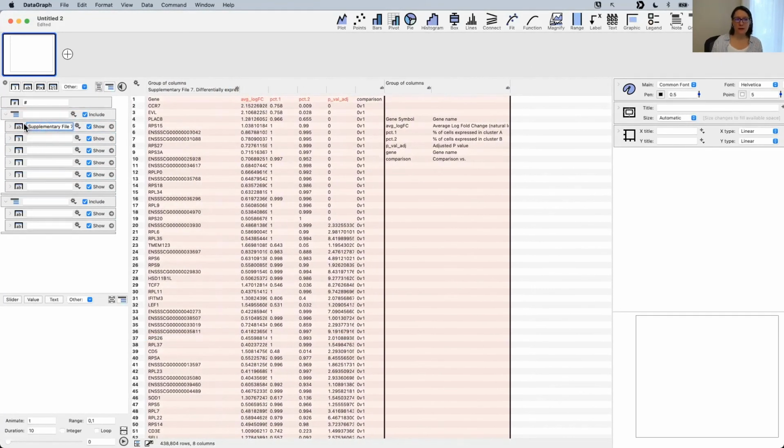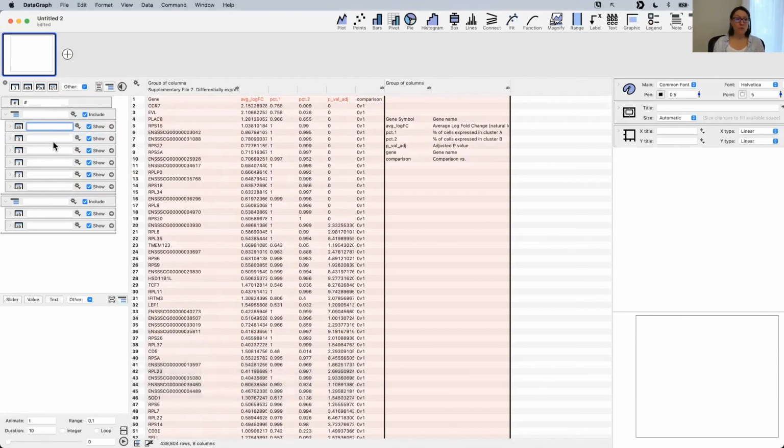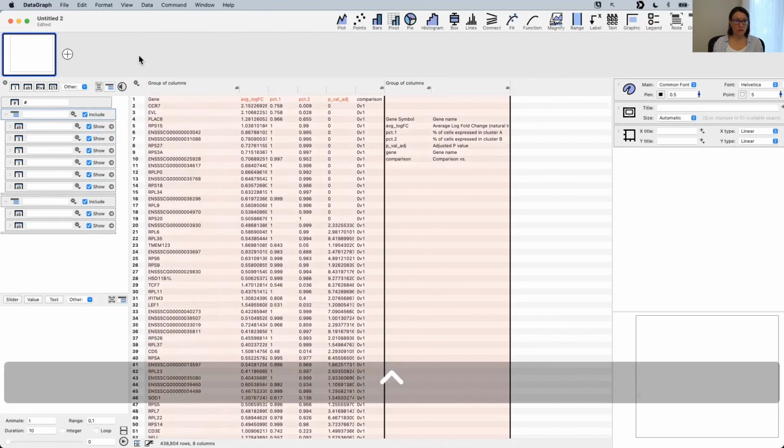Now, one thing that DataGraph always does is it will take the first row of data and, if it looks appropriate, try to use that as a header string. It did that here, but this really isn't what I want as my header string. What I can do is just double click this. I'm going to remove that as the header for this first column